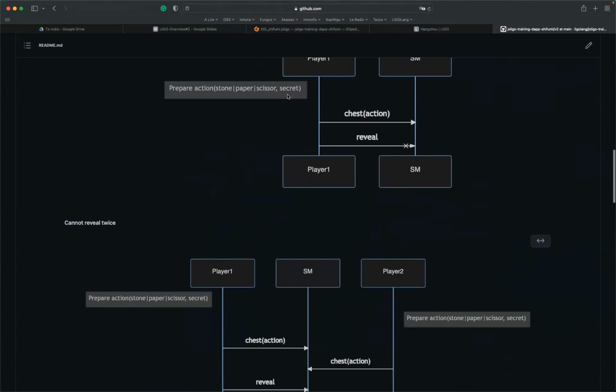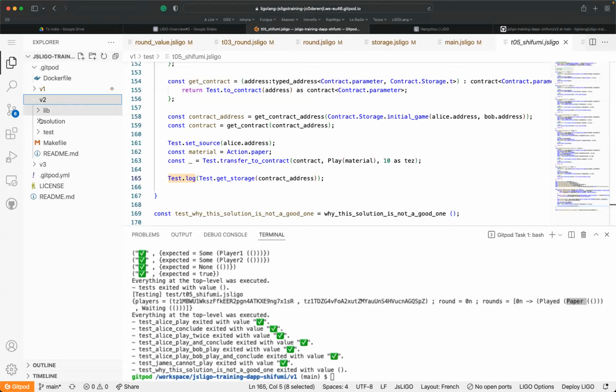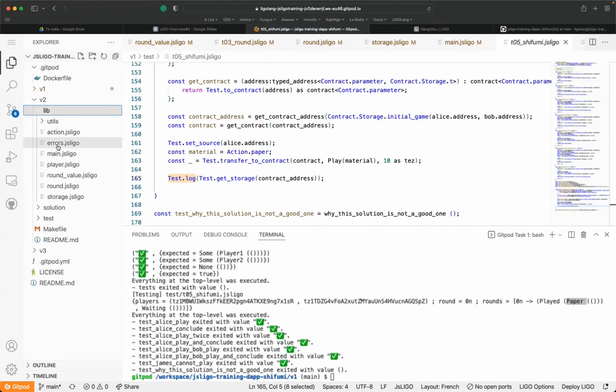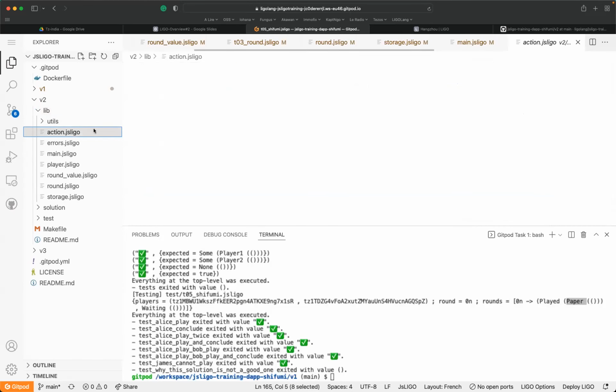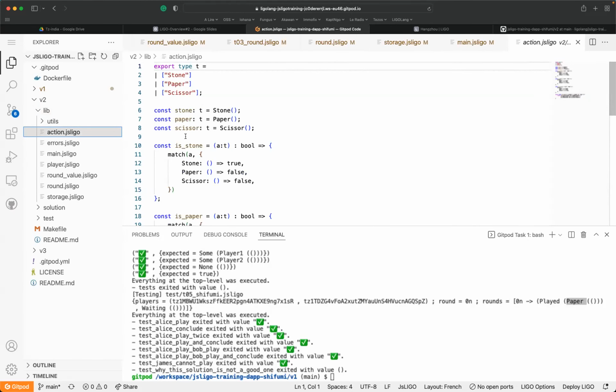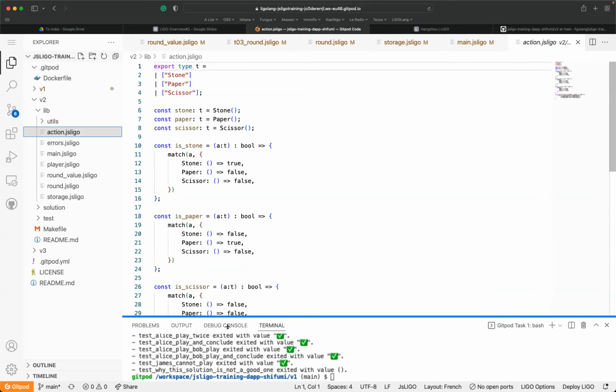Okay. So right now we are going to go through version 2, and we're going to see what kind of data should be managed and modified. So here, we are no more doing live coding. I'm just explaining step by step things to be done in order to introduce you the concept step by step. So first, the action, still the same. We still have the stone, the paper, and the scissors. Nothing changed. Okay, that's fine.